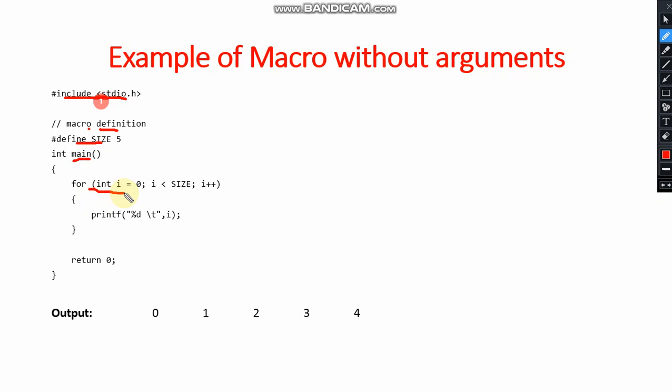The loop shall execute 5 times, and the statement printf("%d\t", i) shall also get executed 5 times, that is from 0 to 4. The loop shall terminate when the value reaches SIZE, that is 5. In the next slide, we shall see how we use macros with arguments.